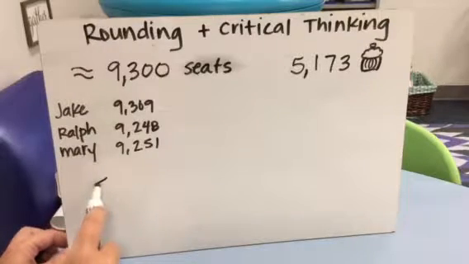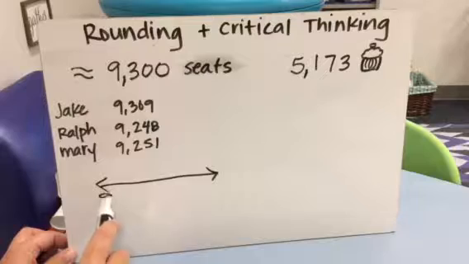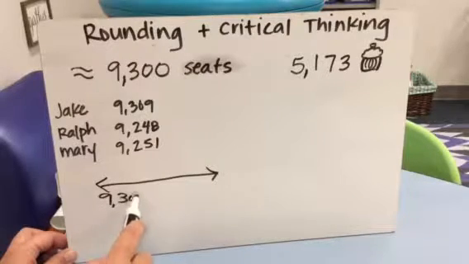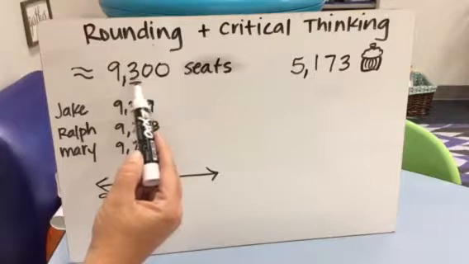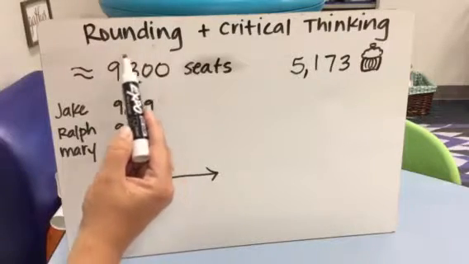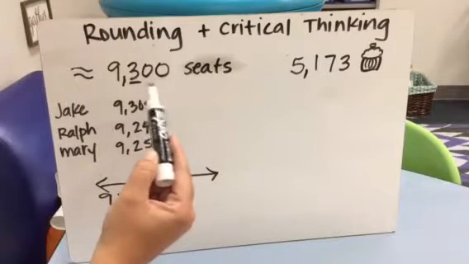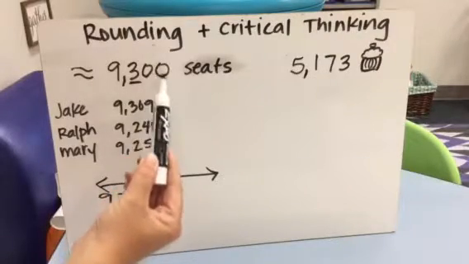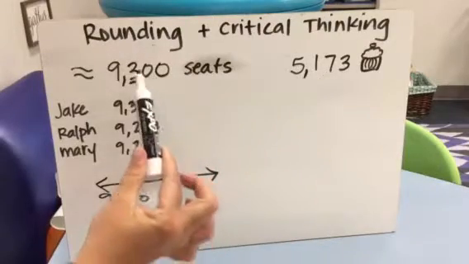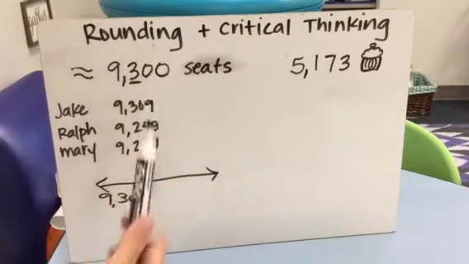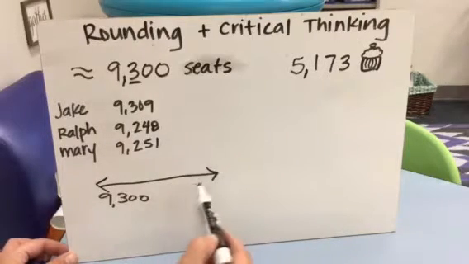So what we like to do is make a number line, and we like to put 9,300 as the first hundreds benchmark. And I know this is a hundreds benchmark because the hundreds place has a more specific digit, and then these are our zeros placeholders. So I know that the ones and tens have been rounded down and made more simple. So the 3 is in the hundreds place, so I know it's a hundreds benchmark. So then I know my next hundreds benchmark is